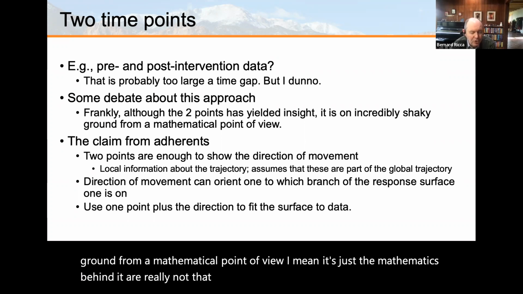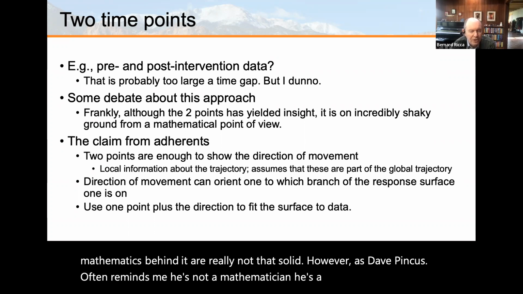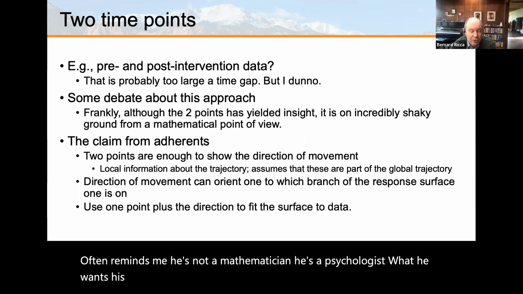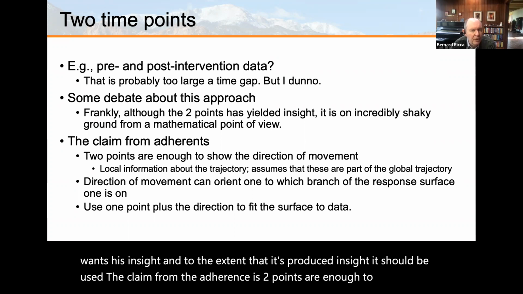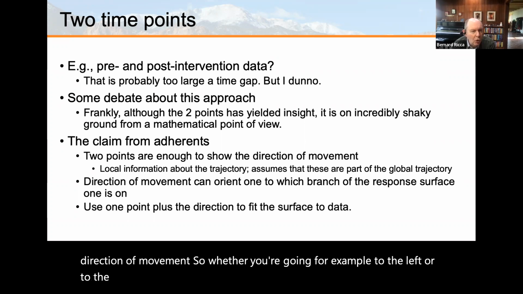However, as Dave Pincus often reminds me, he's not a mathematician, he's a psychologist. What he wants is insight. And to the extent that it's produced insight, it should be used. Okay? The claim from the adherents is 2 points are enough to show the direction of movement. So you know whether you're going, for example, to the left or to the right. And this gives you local information about the trajectory, which is often enough for something like a cusp or a